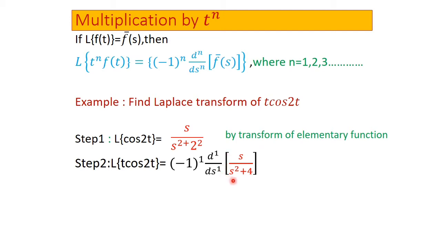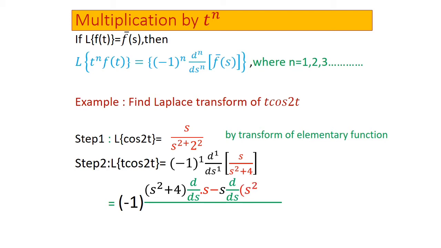As you already know, this is differentiation of first function and second function. So here we are applying the formula of differentiation. According to this formula, this expression is minus 1, second term as it is, differentiation of first term, minus first term as it is, differentiation of second, upon second term's square. You can also see the same formula in our slide. We simplify this expression in our next slide.